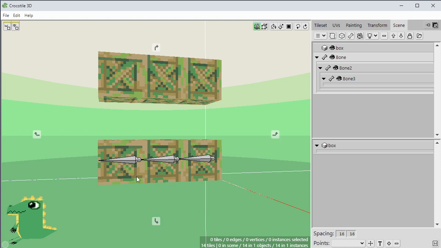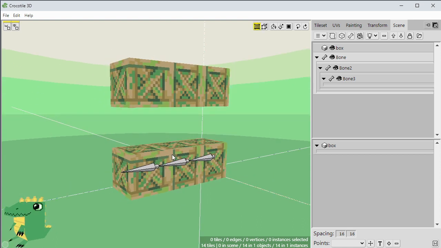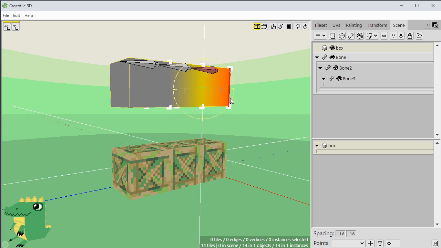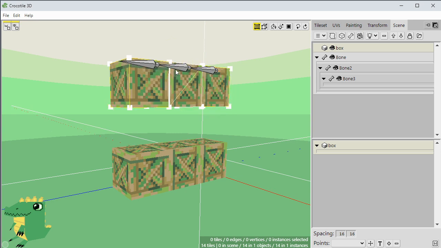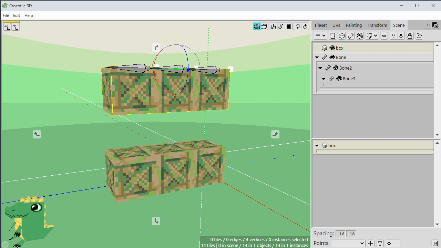Okay, so that's one way of going back to the default pose. That might be useful when you're animating the skeleton. And if you want to change the base pose, you can go back into object edit mode and just move things around. Like if I want the skeleton to be positioned up there, and maybe you want this bone to,